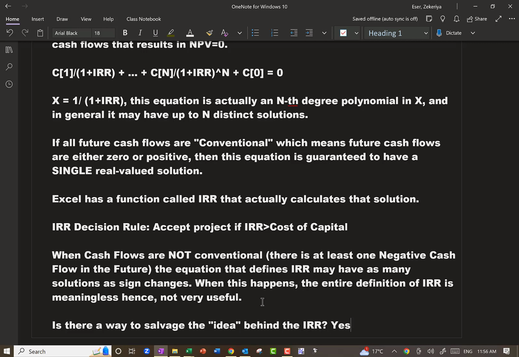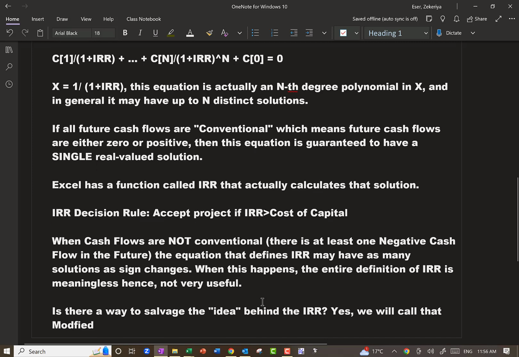And the answer is yes, and we will call that modified IRR or MIRR. There are multiple ways you can calculate the modified internal rate of return. The one that I like the most: